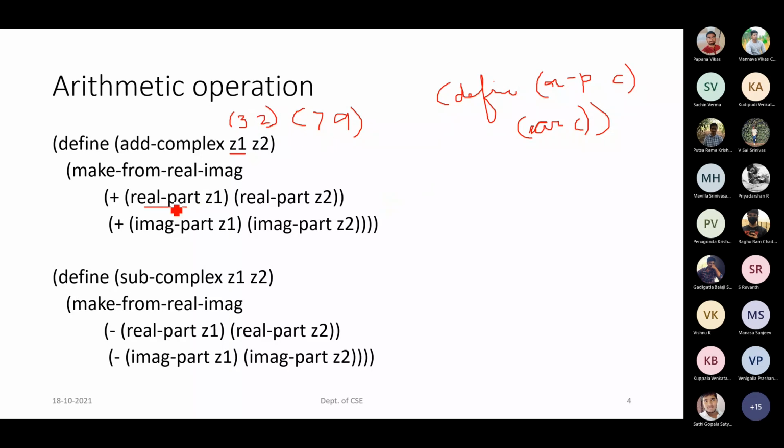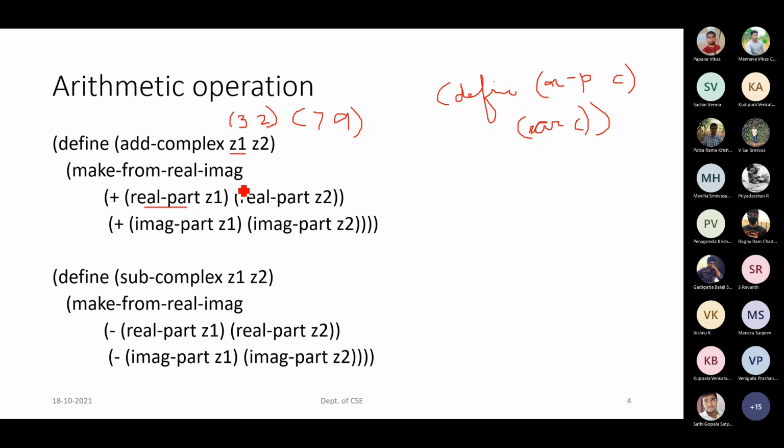Once it is done, first we are extracting the first values, so 3 and 7 will be extracted, and those two are added. Next, we are extracting 2 and 9 and adding those two contents. So the result will become the imaginary part. Our result will be in the form of the real part and the imaginary part, or it could be in the form of magnitude and angle. Right now I am assuming that all the values I am passing are in the rectangular form. Keeping that in mind, I have defined the procedure in this way.